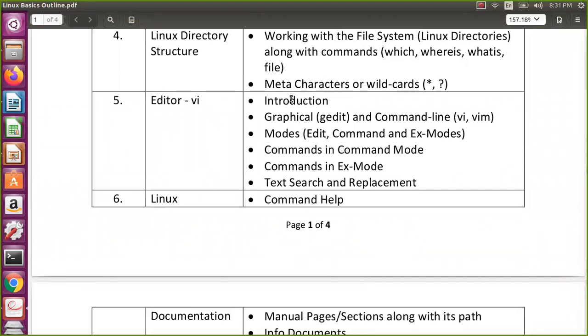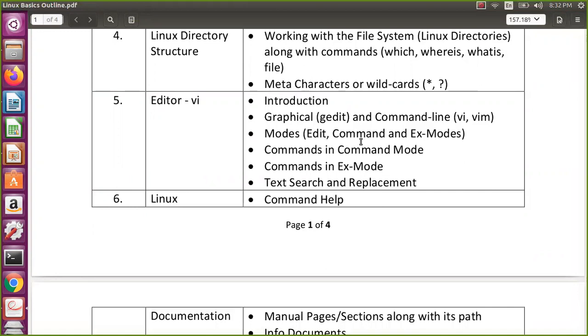So the VI editor, why do we need the VI editor first of all? Whenever you are working, let us assume as an admin, and you booted a Linux system in administrative mode, then you don't have your GUI. You have only one terminal, and you need to edit and modify the files. That is one way. And a programmer working at a low level also doesn't have any hardware or GUI. In that case, the only editor supported is VI. So better you learn the VI editor, it will be very useful.